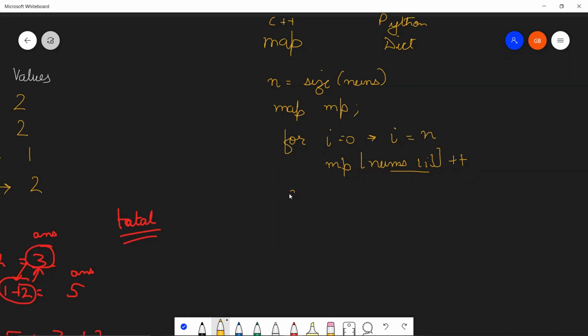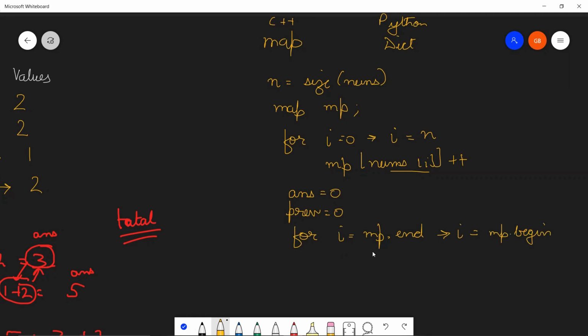Now all you need is a variable, let's say answer equal to 0. And let's say that you are storing your previous frequency, while you'll be traversing from the end to the beginning of the map, into a variable called previous. Let's initialize it to 0 at first. So now you're going to be iterating from the map's end till the map's beginning.